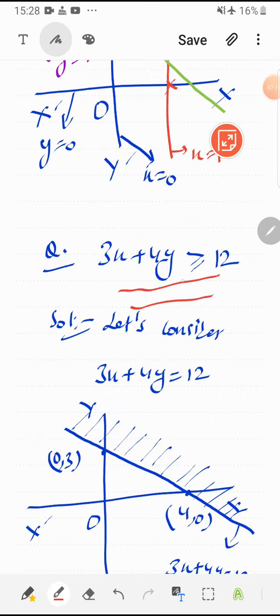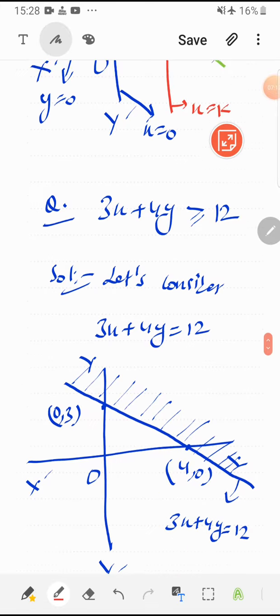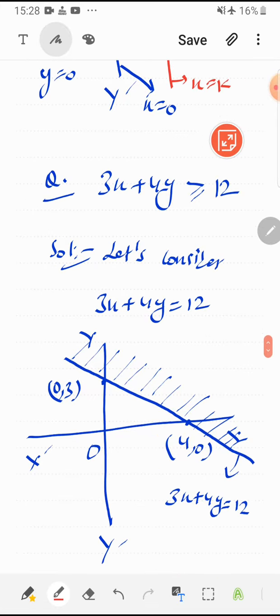So in this case, what we are going to do, first of all, ignore the inequality and just focus on the equality to draw the boundary. Now students, you must be habitual of doing this, as in your 10th class you must have drawn the graph of an equation. So you can do that. One thing I will suggest is that you try to find the values by putting x is equal to 0 and then y is equal to 0, so that you can get more reliable points on the x-axis and y-axis. So only 2 points are sufficient to draw the line.